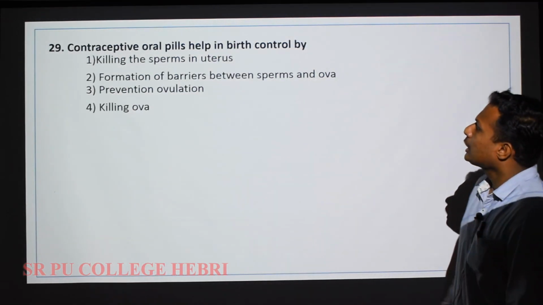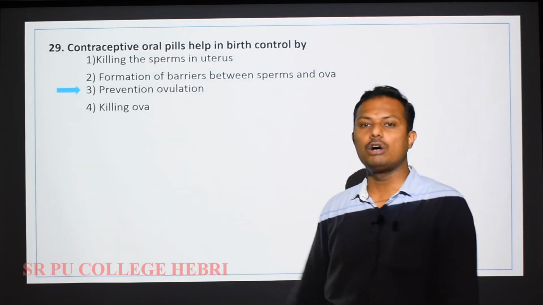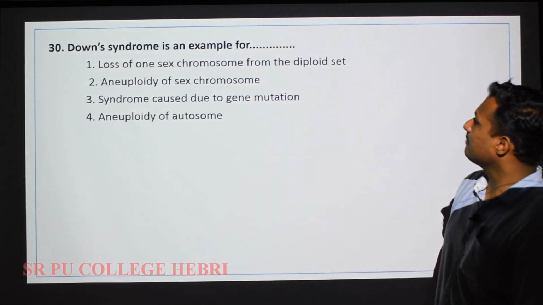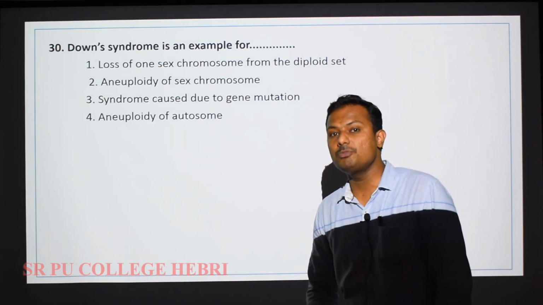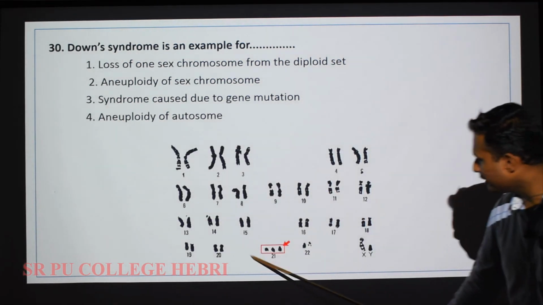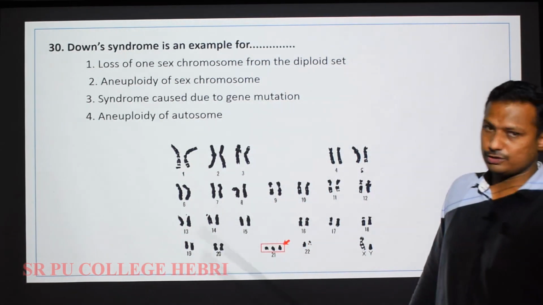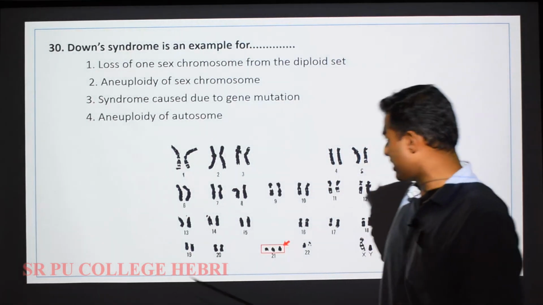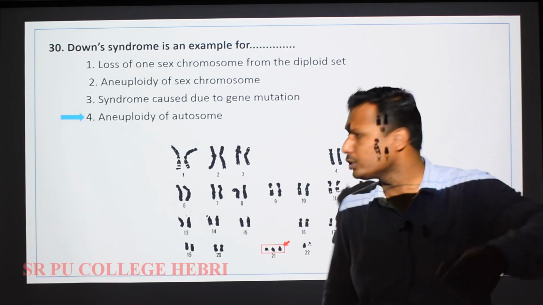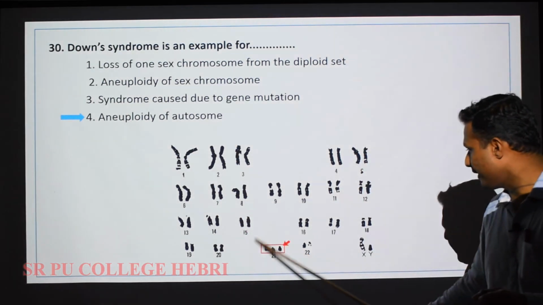4th is the answer. Contraceptive oral pills help in birth control by prevention of ovulation. So you have learnt about different concepts of contraception. That is the one. Down syndrome is an example for, you know that Down syndrome is caused because of what? 21st trisomy. You can look at this karyotype diagram. In the 21st pair of chromosomes, there is an extra chromosome here, right? So that is why it is 21st trisomy, and the answer is aneuploidy of autosome. Aneuploidy means abnormal number of chromosomes present in the autosome. It is not the sex chromosome, it is present in the autosome, because the 21st pair of chromosomes is